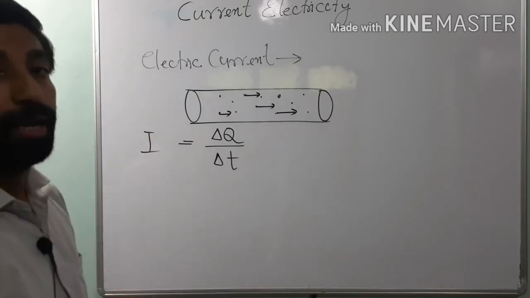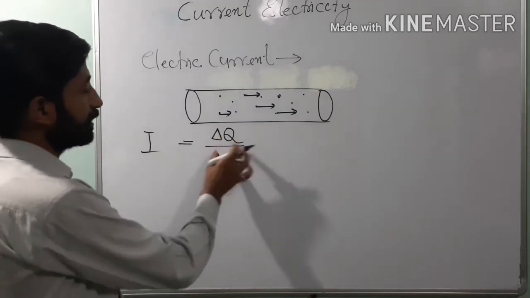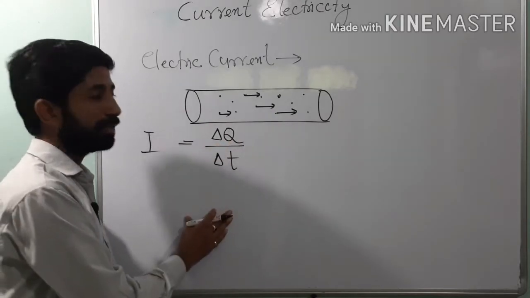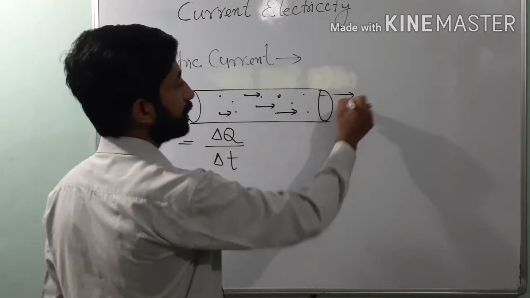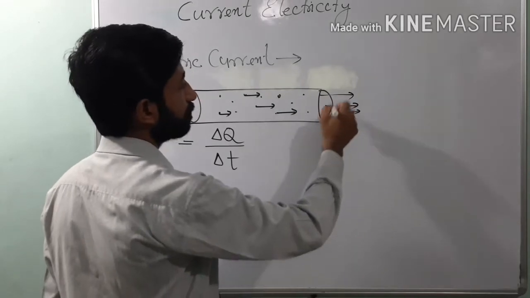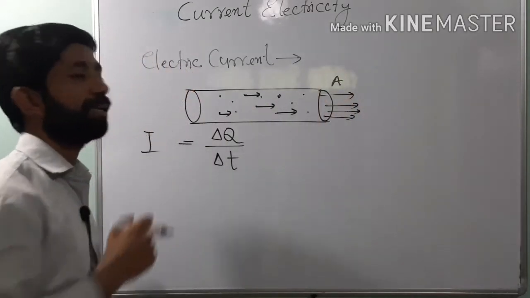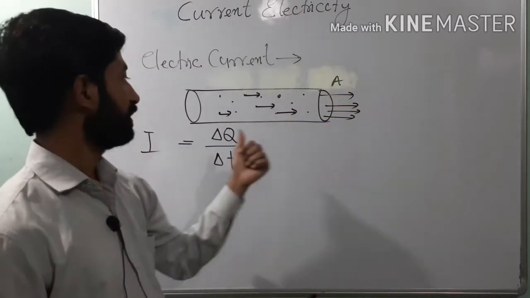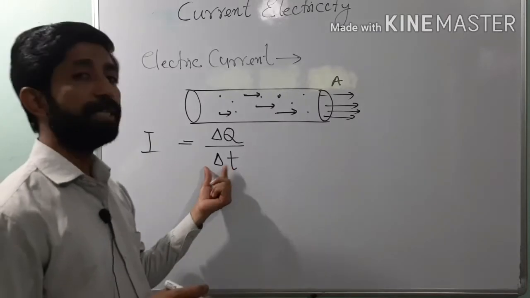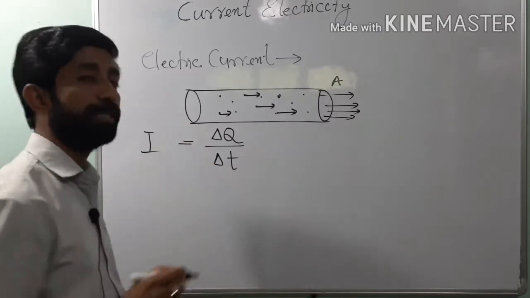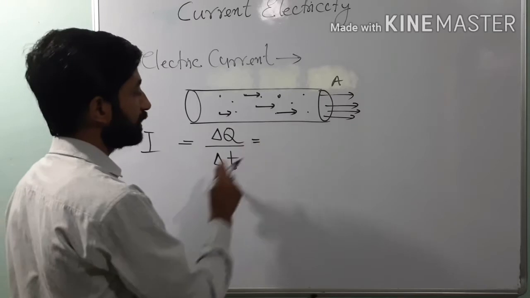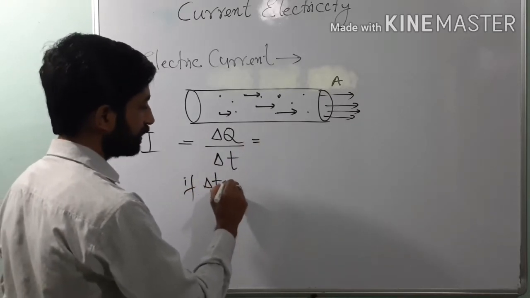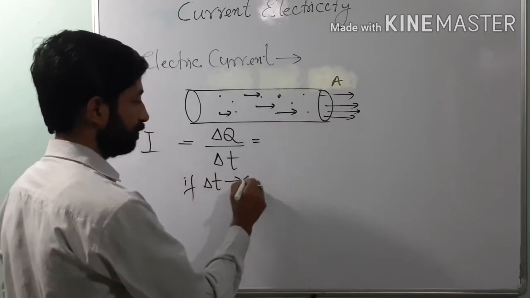I is for electric current, and that is delta Q over delta T. So delta Q is a small charge that is flowing through this particular area, which has an area of say capital A. How much charge has gone away from this side? That is delta Q. If the time was delta T, then this is the electric current. If delta T is very small,